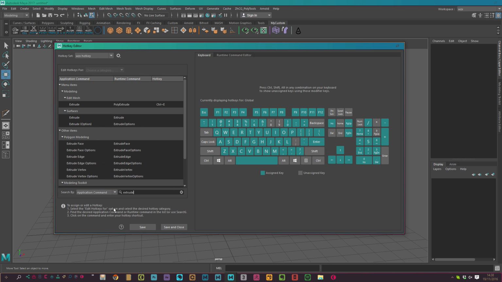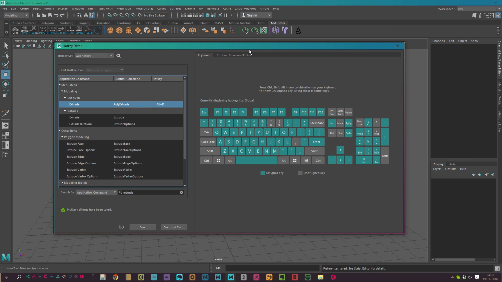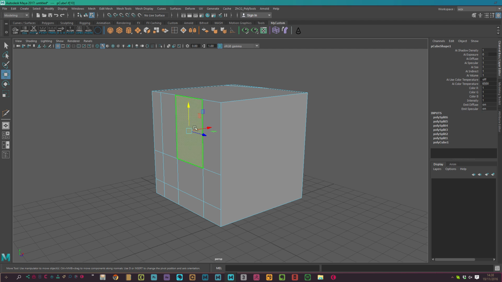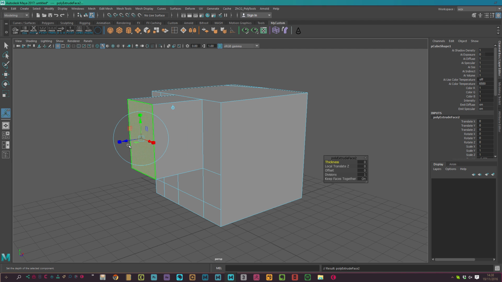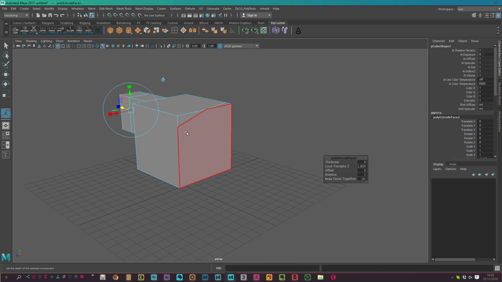We then have the extrude, which by default is Control E. I prefer to make Alt D on this one. Saved like that. Alt D, boom, extrude. So about extrude,